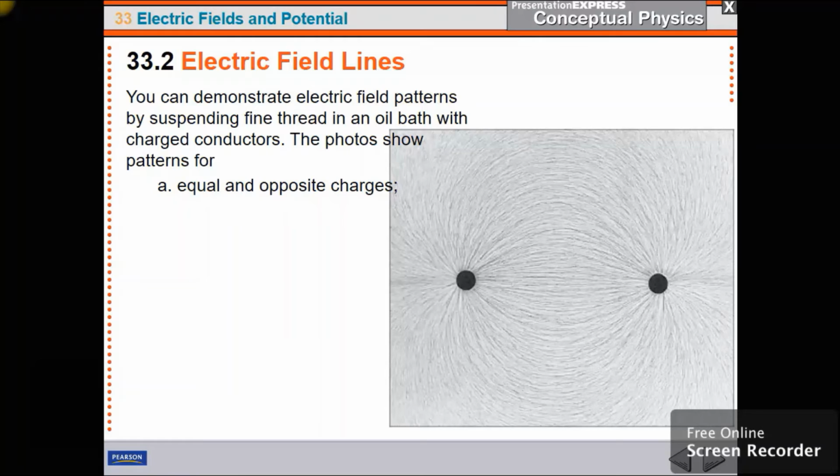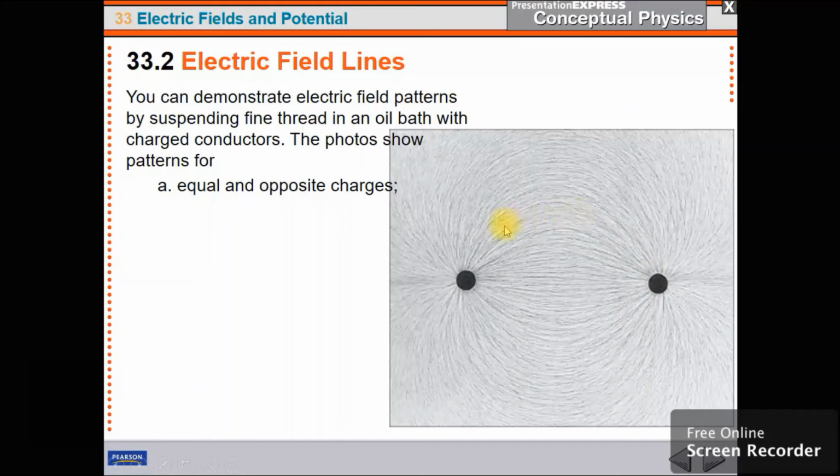Okay, and now some real world examples. Let me just read this. You can demonstrate electric field patterns by suspending fine thread in an oil bath with charged conductors. The photo shows patterns for equal and opposite charge. So this is, I don't know if this is the positive or negative, but that's the opposite. And you can see the field lines